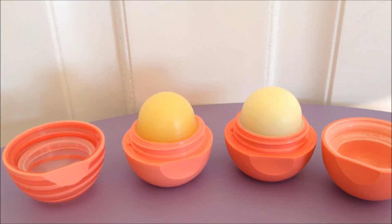Shine factor-wise, the activewear also wins for that one. It has more shine to it than the regular one. And I think that is all my bullet points that I usually compare on these. So anyway,